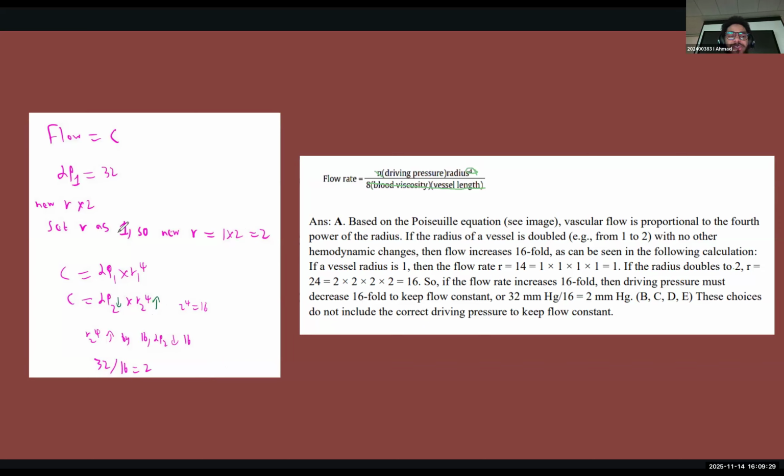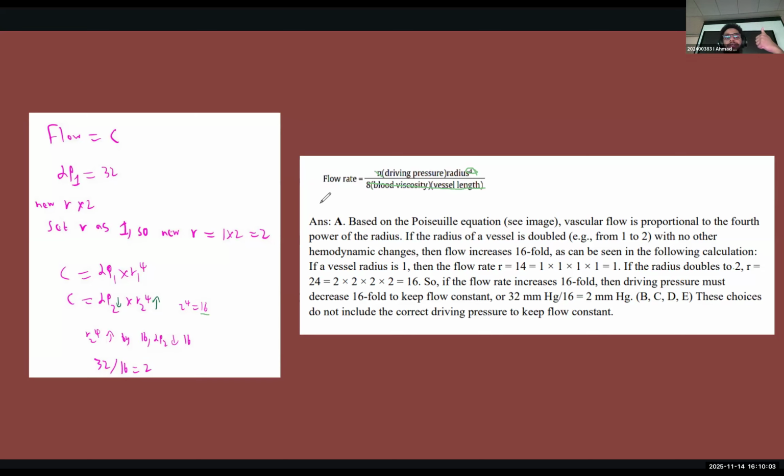تمام. Here I set it as 1. Let's assume the radius was 1. Our new radius, we said it doubled, so R is now equal to 2. However, we're supposed to check the change in the fold, if that makes sense. I know it's R to the power of 4. It's not just R. So whatever change we need to do, we'll multiply it by 2 and then take it to the power of 4. So the answer is 16. So that means the change in the radius resulted in the flow rate going up by a 16-fold. تمام? And the flow rate jumped up by 16.